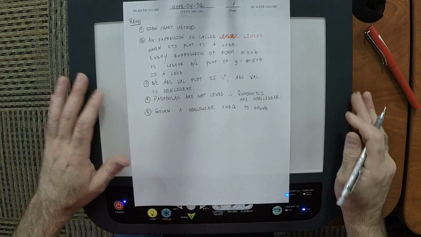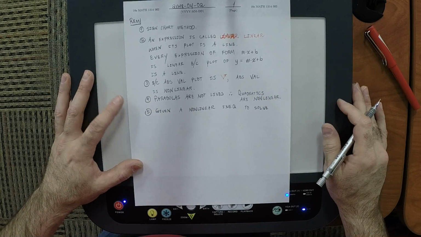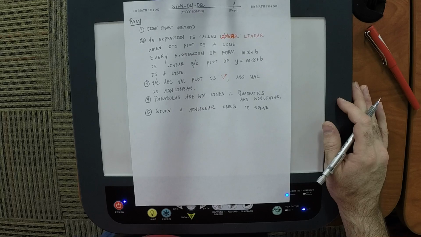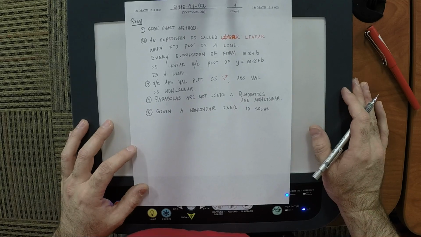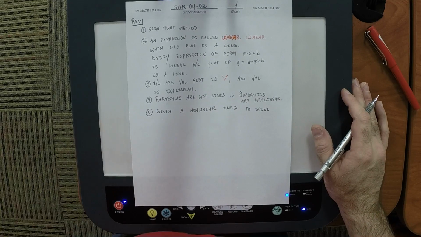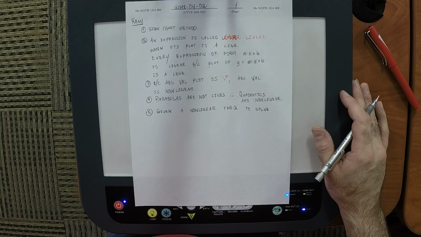Inequality means it has a directional sign, not an equal sign? Right, instead of a nonlinear equation. So given a nonlinear inequality,